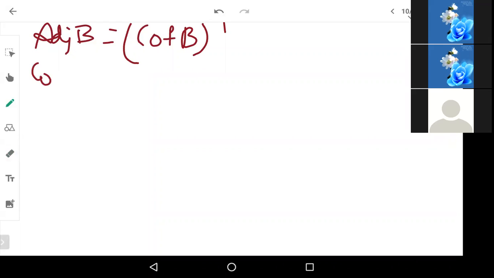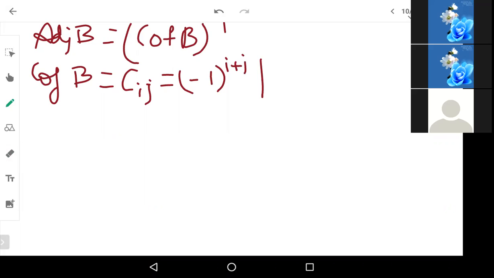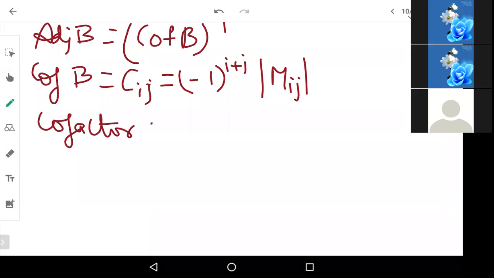So cofactor of B is equal to Cij is equal to minus 1 to the power i plus j into Mij. So cofactor of 3 is equal to first row first column is equal to minus 1 to the power first row plus first column into